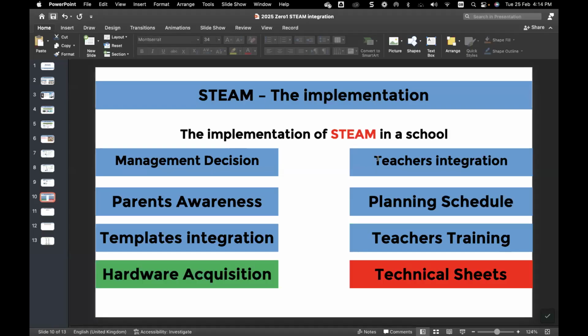We have to get the awareness of the parents, because somehow parents should be involved, because we will see in a while that this integration could not be done during the hour of the period of the ICT. It should be given in an additional time. We have to integrate a planning schedule, and this is very important in order to reach the implementation for different